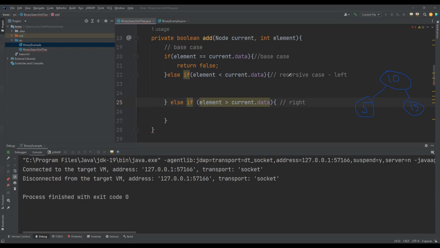So this tree, this is the root, and the element we're trying to add is 6. Element equals 6. That's the element that's coming in here. And how are we going to determine where it goes? So now we have the base case. If 6 equals 10, that is not the case. We go into the else if. We're going to compare 6